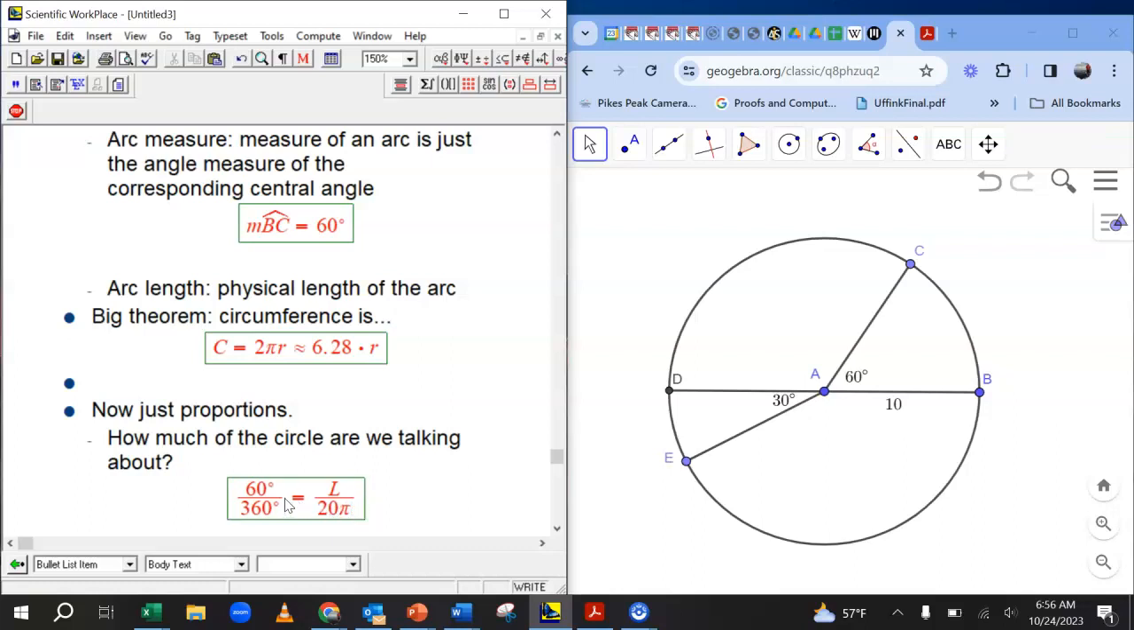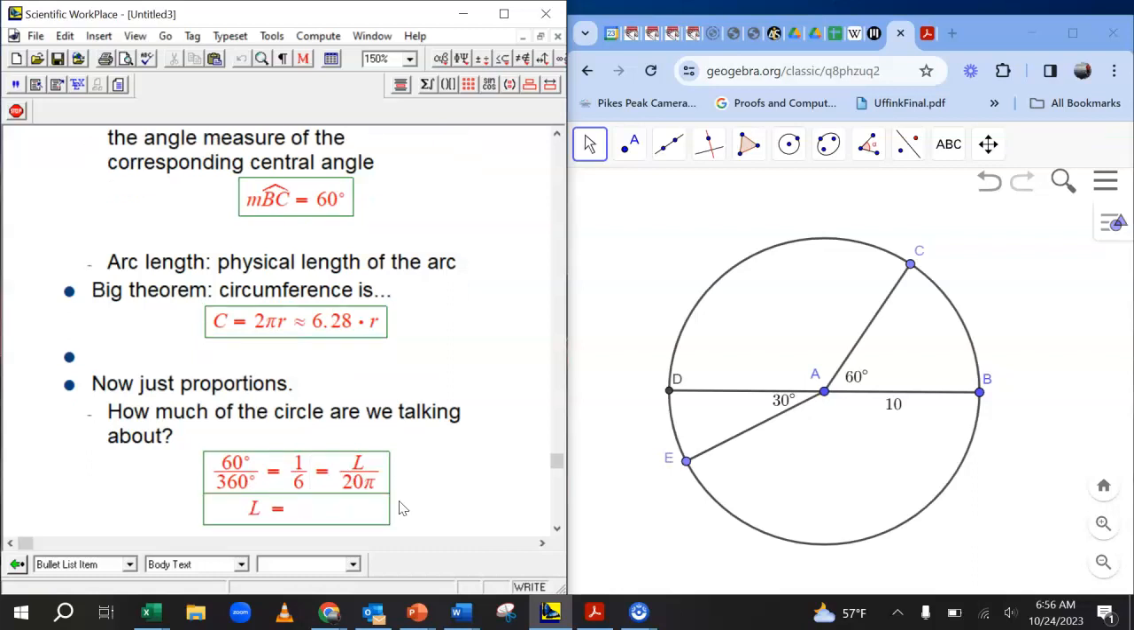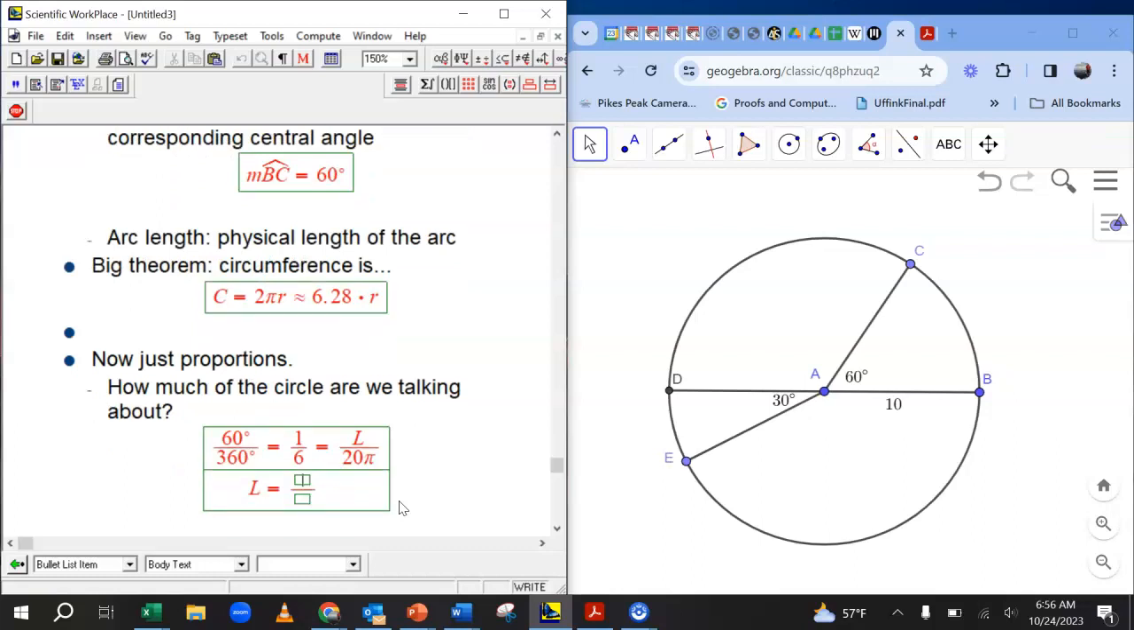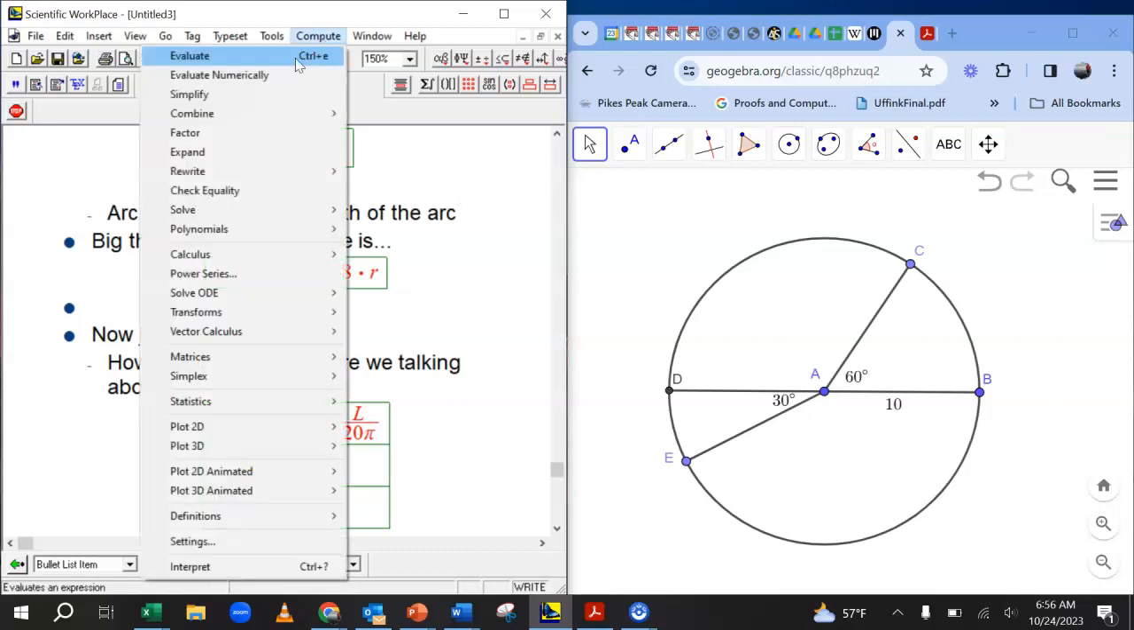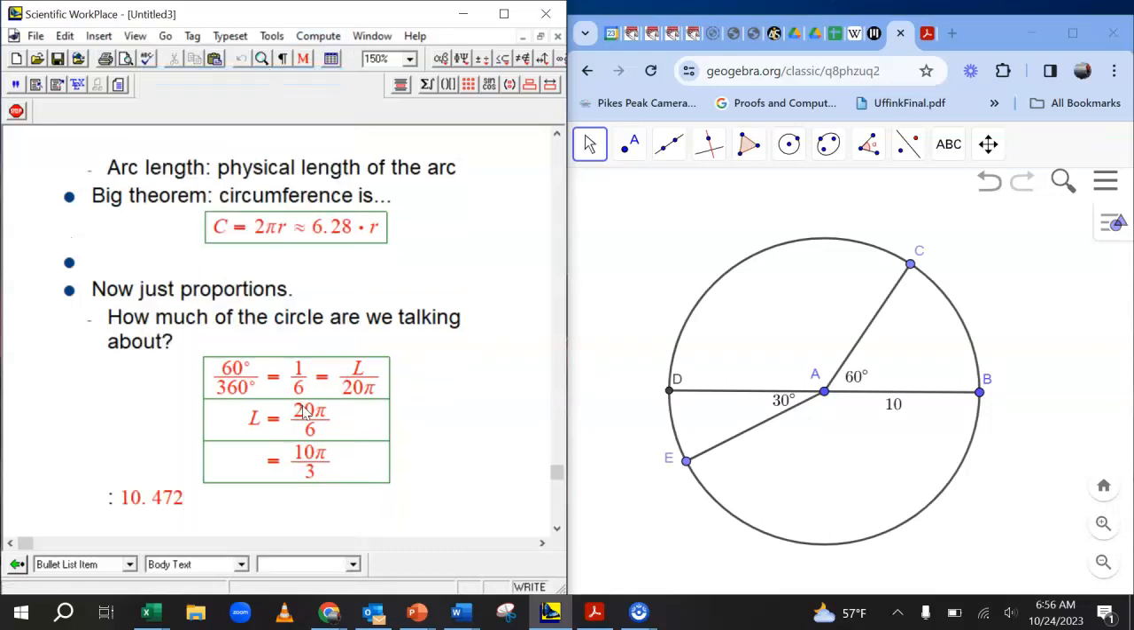Okay, well, hey, 60 over 360, I made that so that wouldn't be too hard. Let's simplify that down. We don't need to get 3 or 4 digit numbers in here. That's just 1/6. We're talking 1/6 of the circle. Okay, and so easy to solve for L is just going to be 20 pi over 6. That simplifies down a little bit. That's 10 pi over 3. And if we want that numerically, which the farmer probably does, that's going to be just over